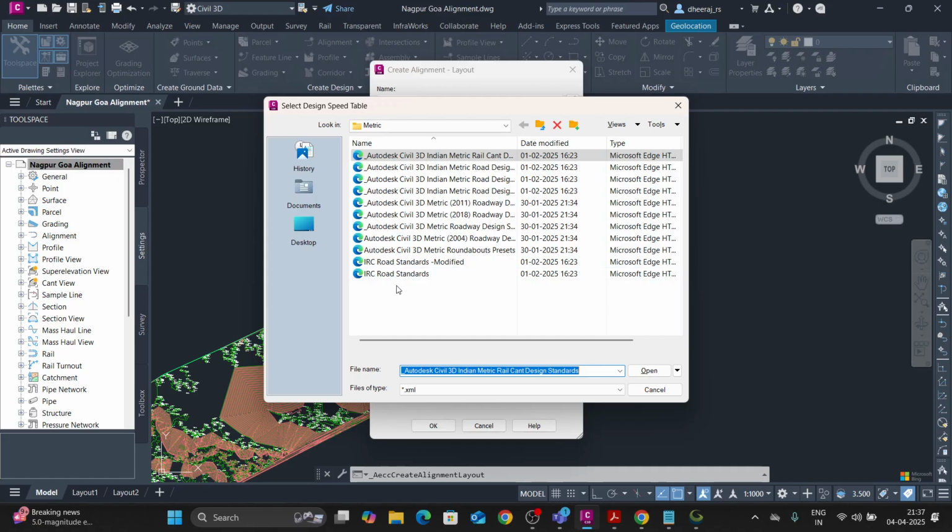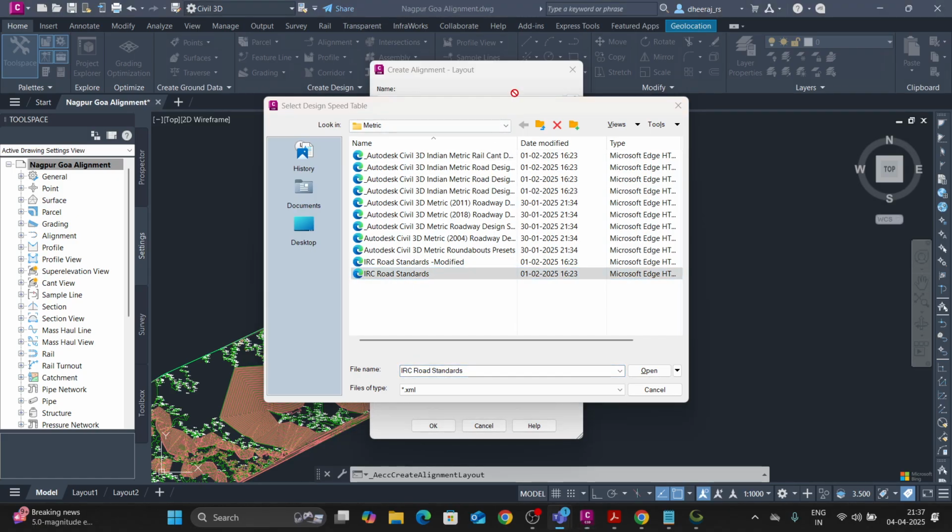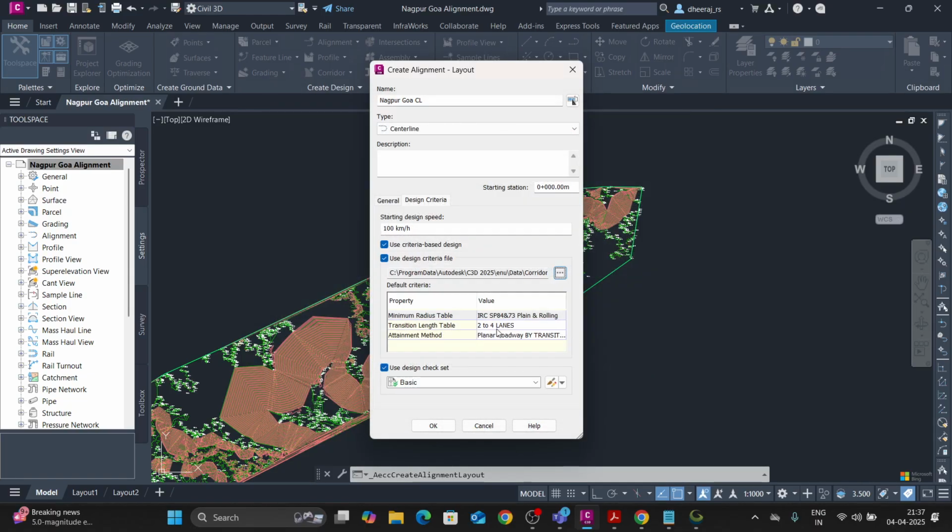That only you need to paste here and select that, right? IRC road standards, right? Select that. You can see IRCSP plain terrain, rolling terrain, expressway, all the codes will come in the minimum radius table. Right now I'm selecting the IRCSP 19 expressway. Right,